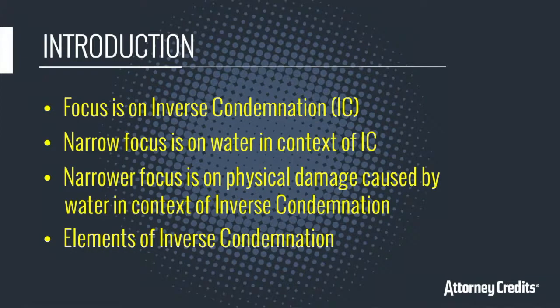Focus is on inverse condemnation. Well, what does that mean? Well, this is California specific, all right? We're not speaking about other states. We're not speaking about federal law or the federal Constitution. We'll speak about the federal Constitution once, only to contrast it to the California Constitution. So something to keep in mind when you're thinking of inverse condemnation is, well, compare it to direct condemnation. Direct condemnation is where the government, through the power of eminent domain, pays just compensation for private property used for public use.